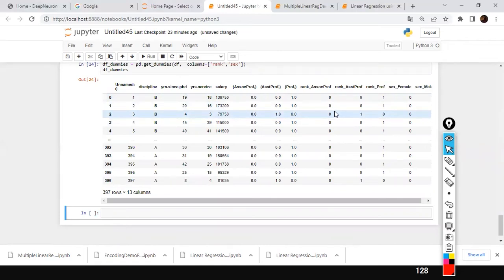So in this demo, you have seen how to do one-hot encoding for a single category and multiple categories, like rank and sex in one go. How can I do that? You have seen it. Okay, next one is